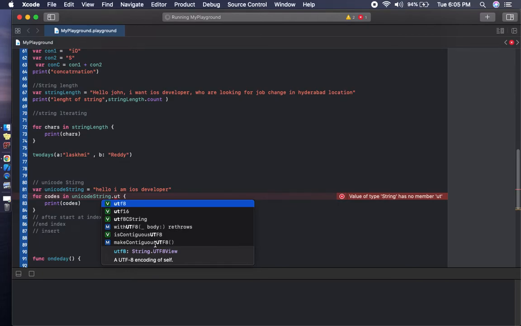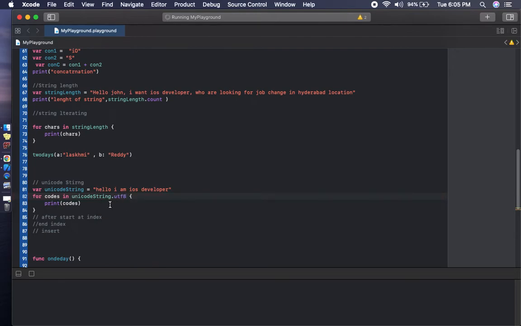Based on the condition, in project time we will check it as a condition. We use UTF-8 because when we are calling the API we get data from the server, and we don't know which type of data it is, so we convert it into UTF-8. After that we will pass the data.